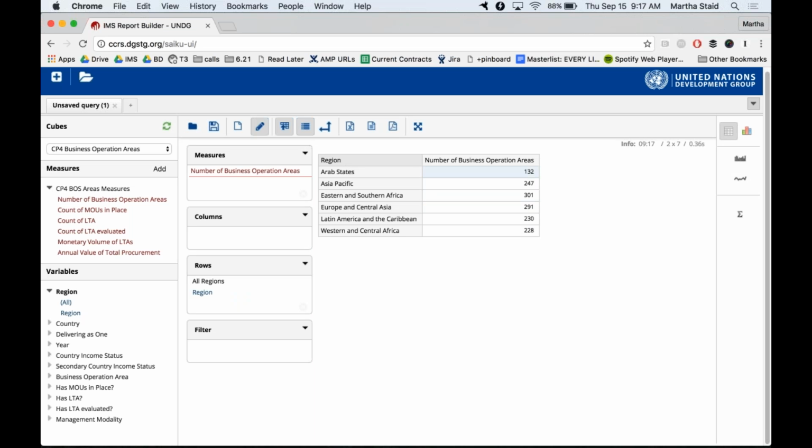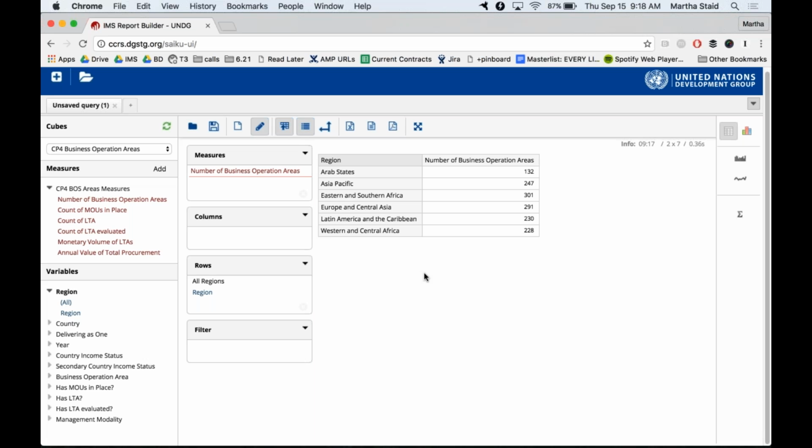We have our regions here, and we have the number of business operations areas here. So this is the most basic kind of query or table you can create. Two pieces of data, it's a 2x2 or more, and it generates automatically.